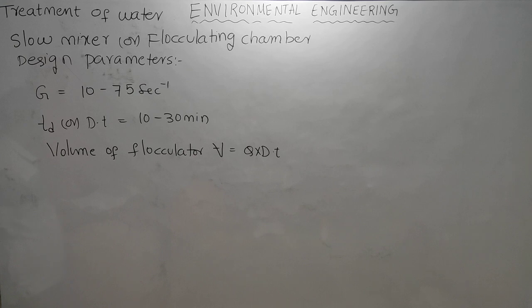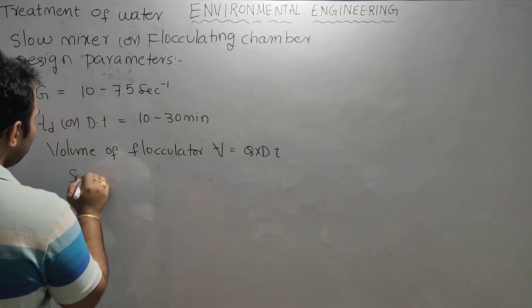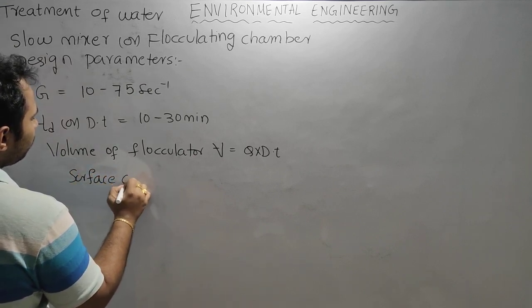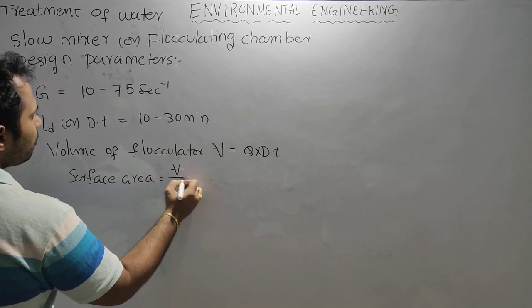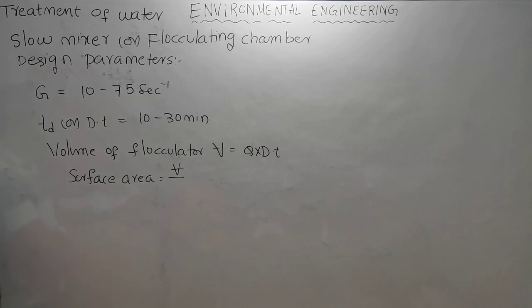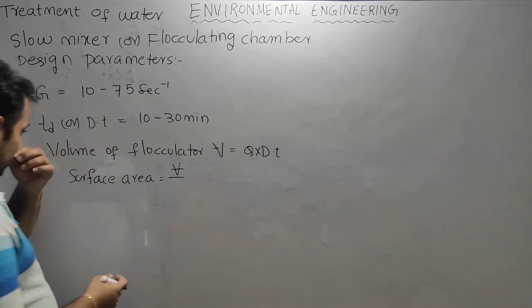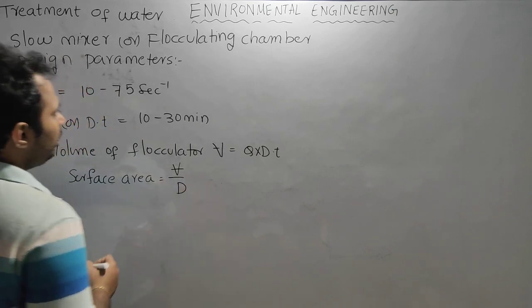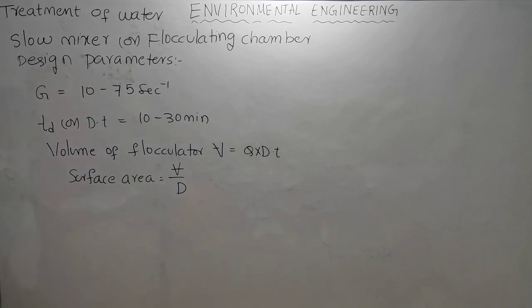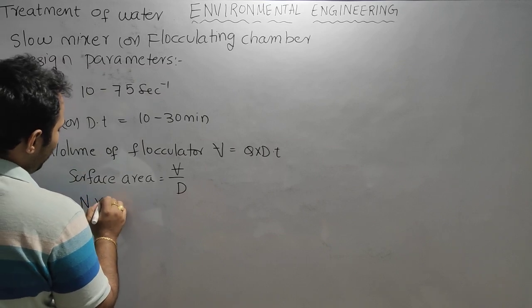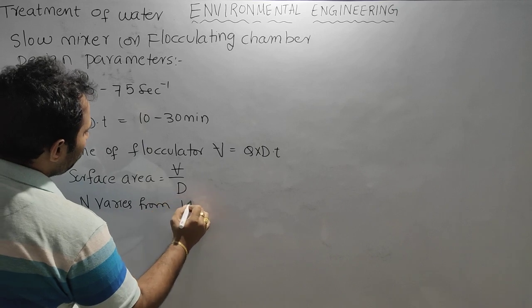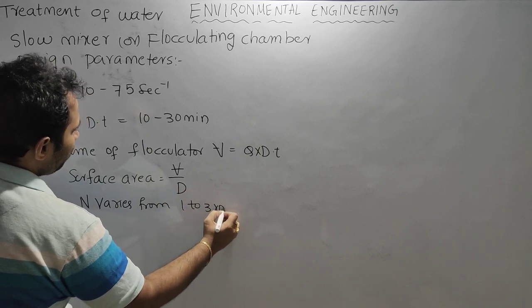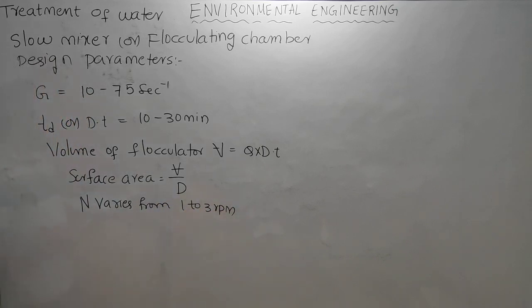And surface area is V by D, if you know the depth of the tank, where D is the depth of the tank. And N varies from 1 to 3 RPM. So these are the design specifications